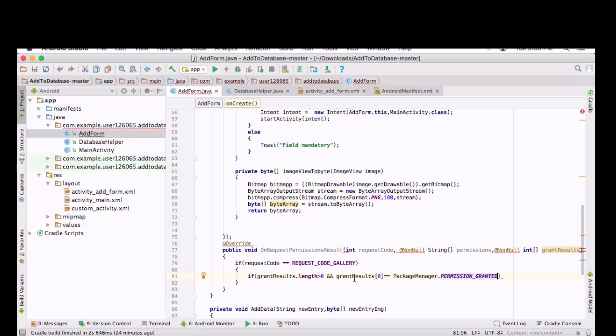And we are going to check if the current result length is greater than 0 and is guaranteed. Then we are going to give the access and we are going to create one new intent